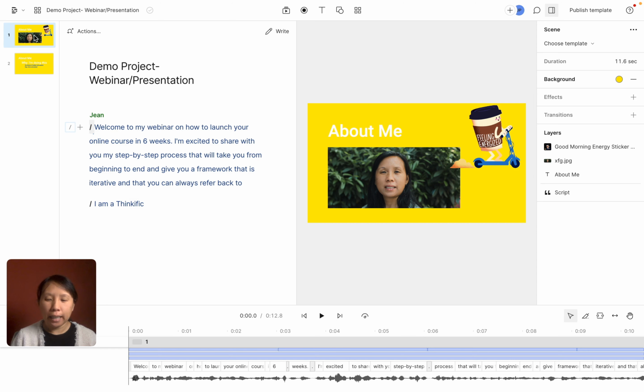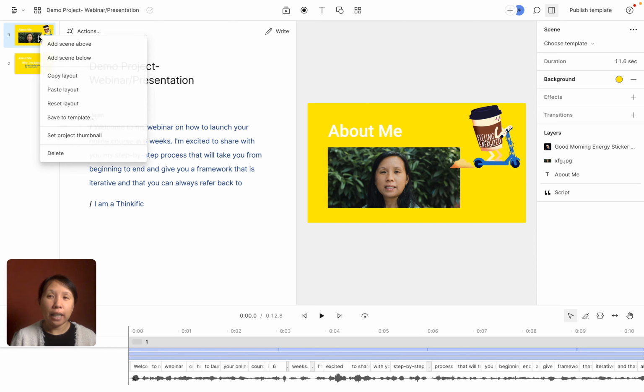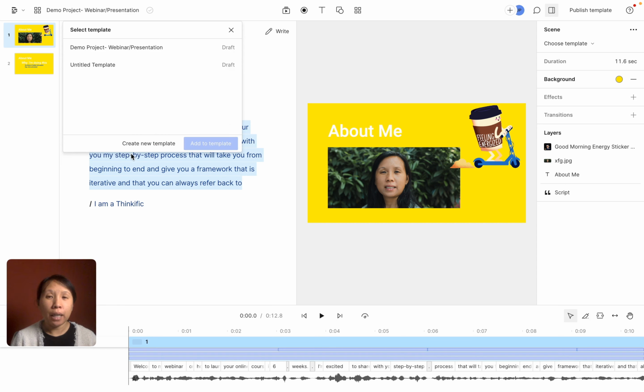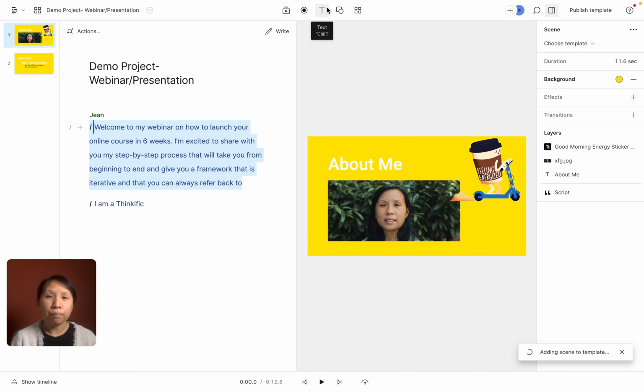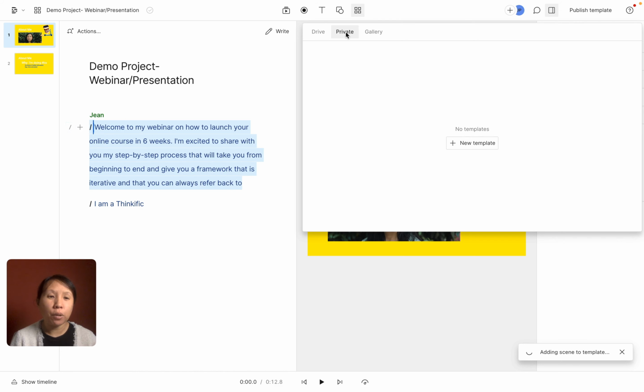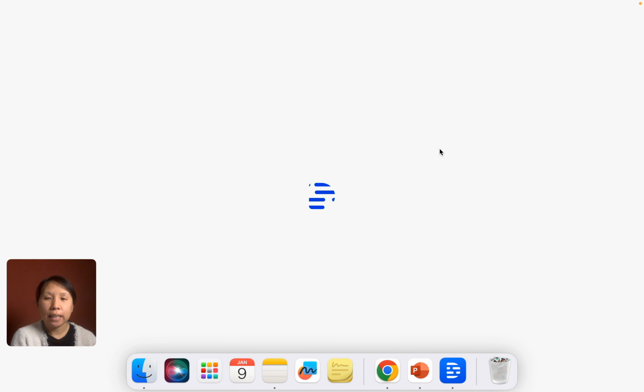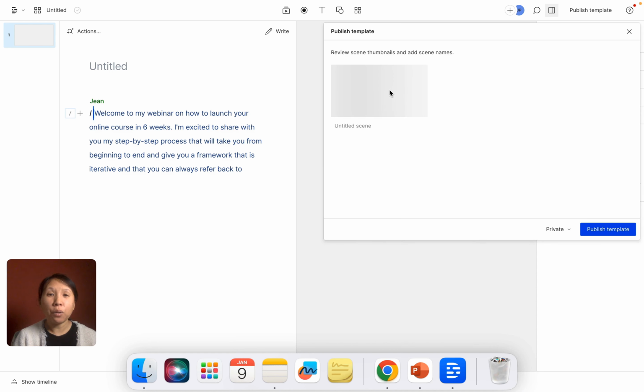But if I like this a lot, I can click on this and save it as a template. And the cool thing is if I like this template, I can create this as a new template, and this will be a template in my library. And if I go to templates, I will see it's still adding the scene to the template. It's a little slow. I'm on a MacBook, so now it's loading, and I know it requires a lot of patience. Yeah, so now you can see that this scene has been saved, and that specific scene has been saved,